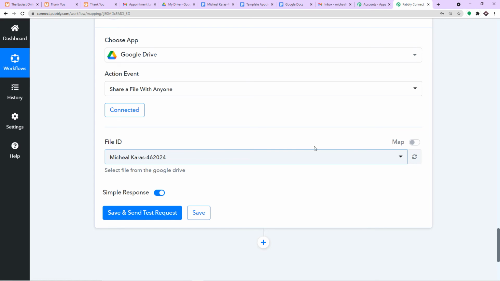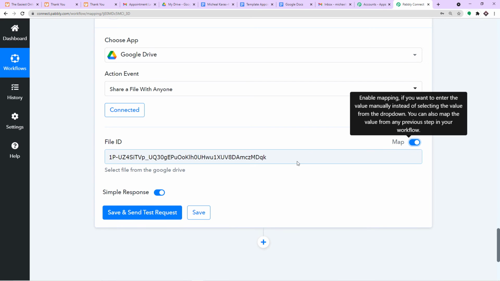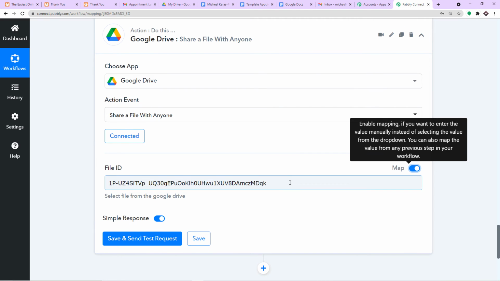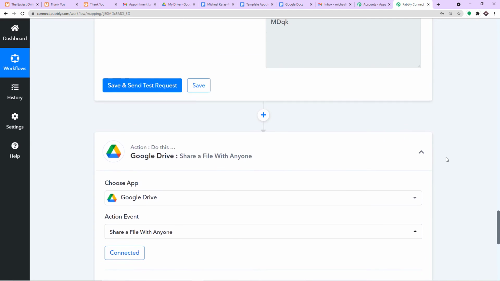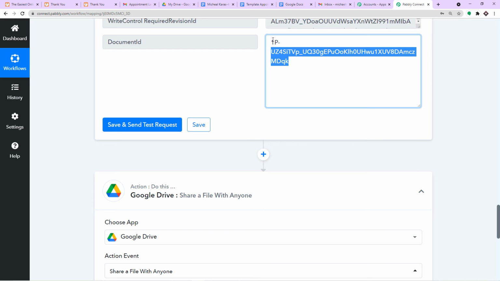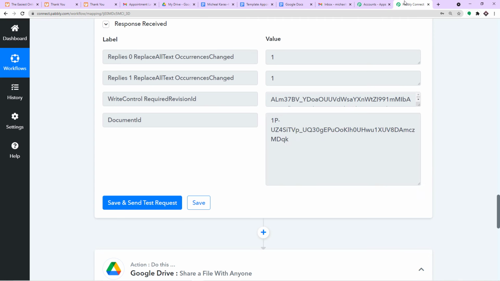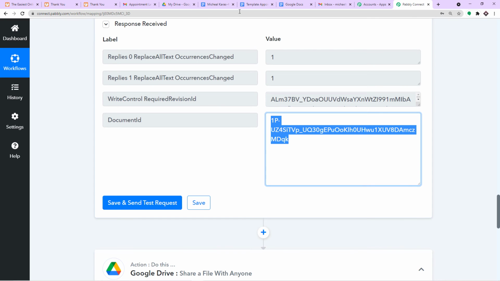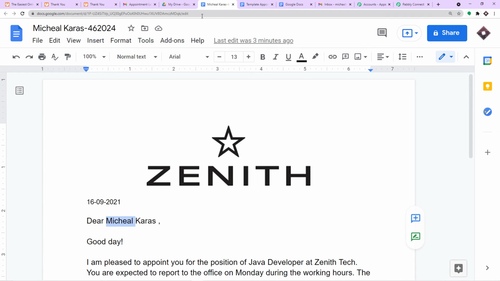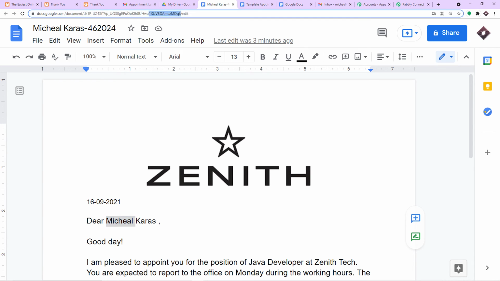I'm going to toggle this to the right, because earlier it was a static ID. This is also a static ID, but we basically want the document ID here. What is this document ID? It is something I mentioned earlier: when this particular document was created, it also generated a unique document ID. So this is the same document ID, and this is the ID it is showing. We want this particular detail.